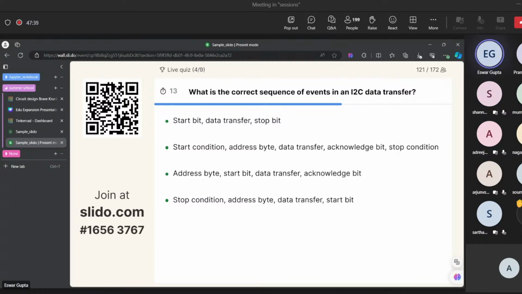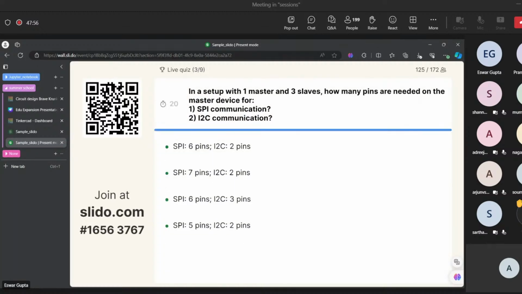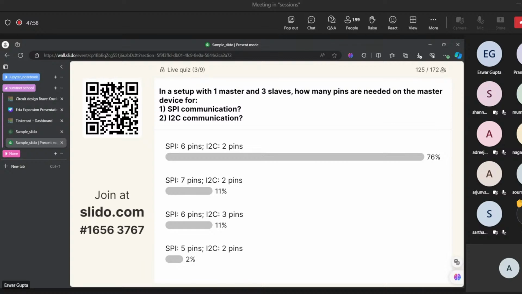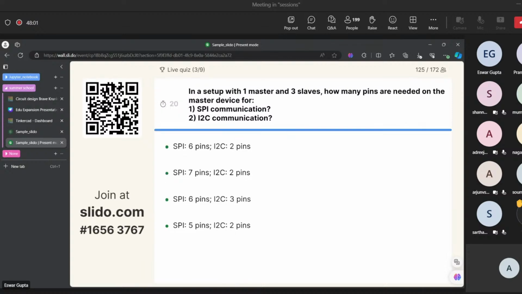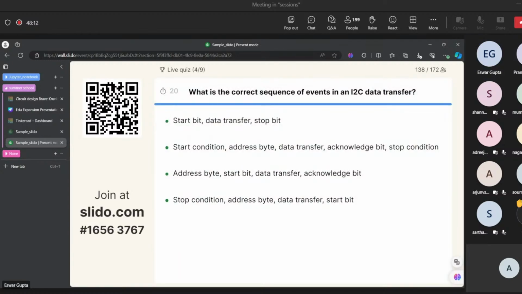So everyone do scan and answer the questions so that you will get what's going on. Giving some more time for people to think and answer. Don't choose the option that the majority of people have chosen. Answer what you felt.